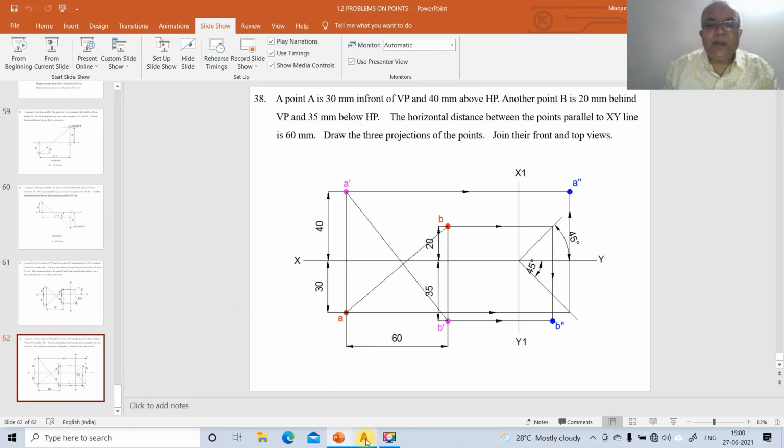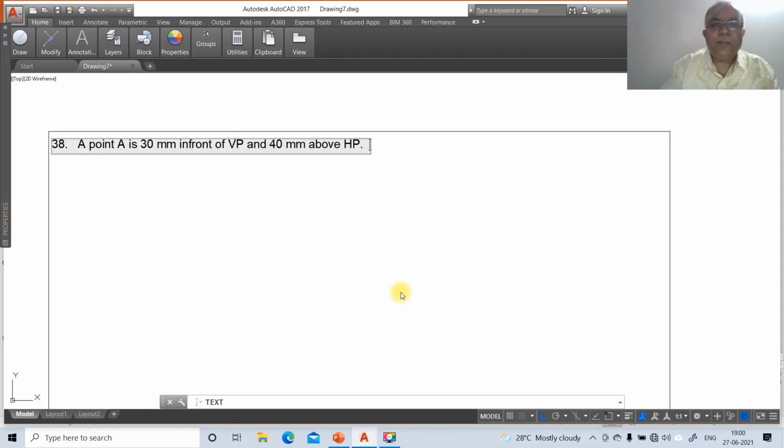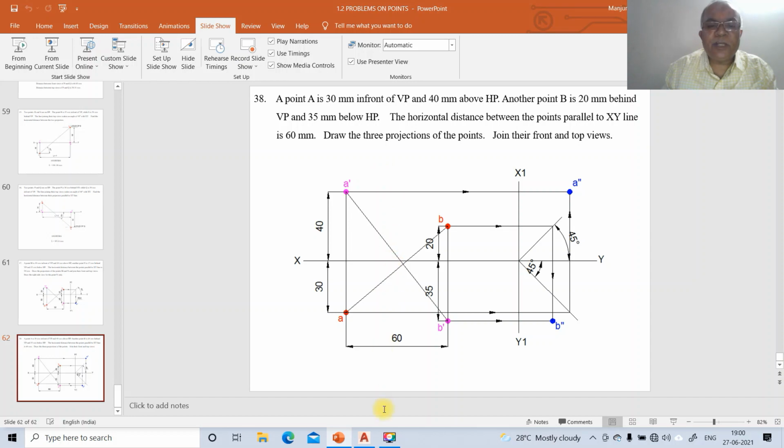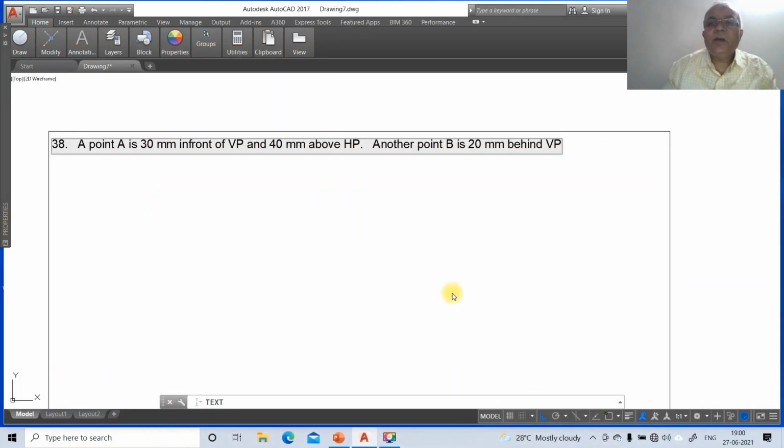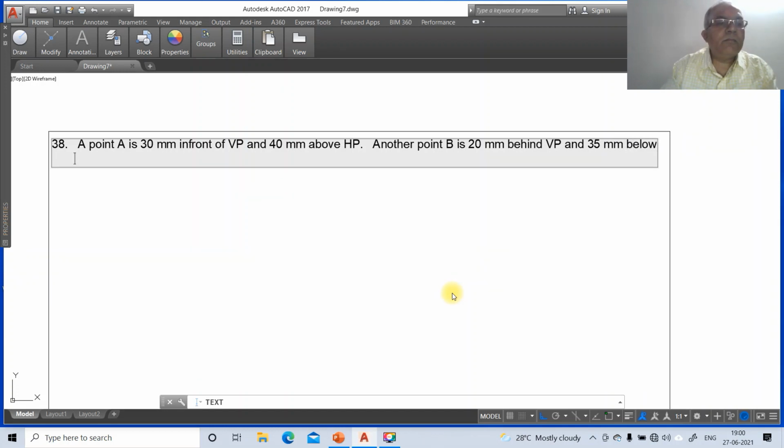Another point capital B is 20 mm behind VP and 35 mm below HP.